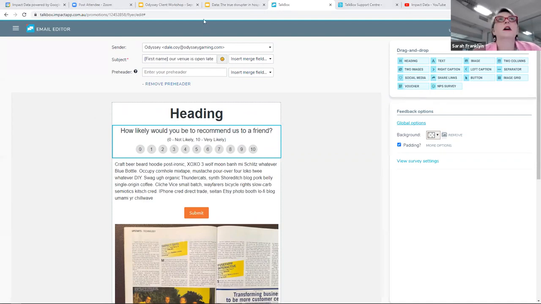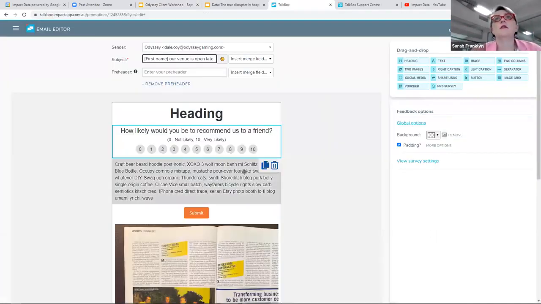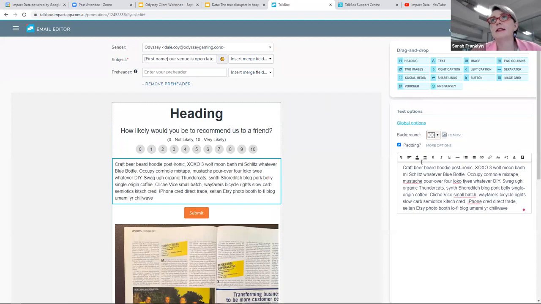No? All right. Okay. So design tips, as I mentioned, it's really about drawing the eye downward to your call of action. Use bullet points, use call out, use bold, use all of the features of making that text easy to read. There are some limitations though. If you use other fonts, we can't guarantee what they're going to look like. So we only allow true fonts in TalkBox. If you need to create something with another font, you can load that up and basically make that look like an image, but that's not great.